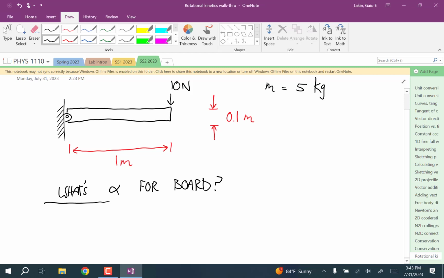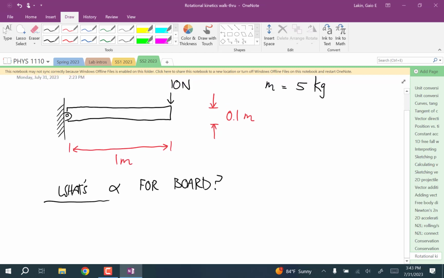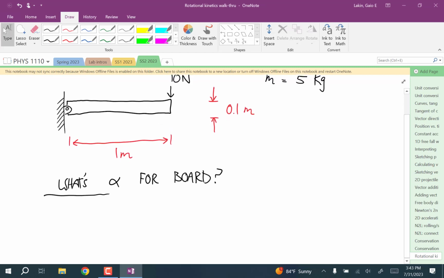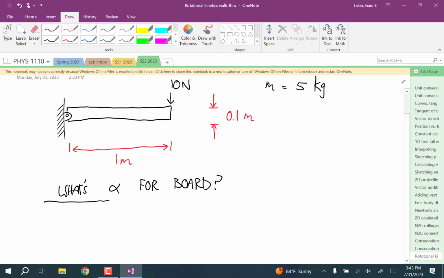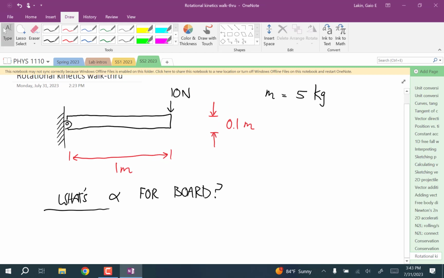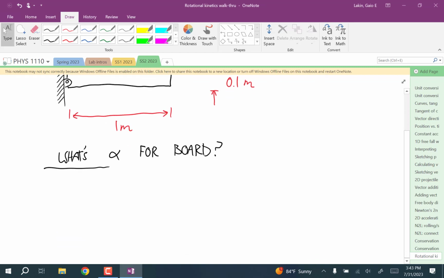So for a first step, you can do things in a few different orders, but you might as well calculate the mass moment of inertia. So pause the video for a second and see if you can calculate the mass moment of inertia, capital I, for this board. Okay, well,